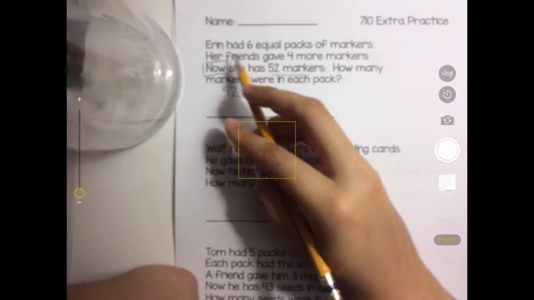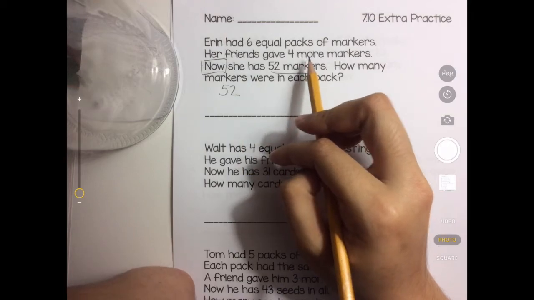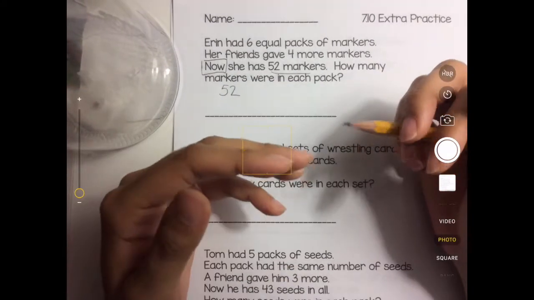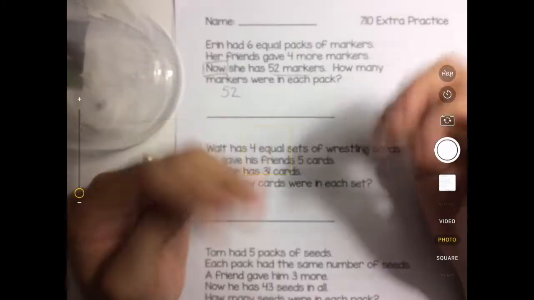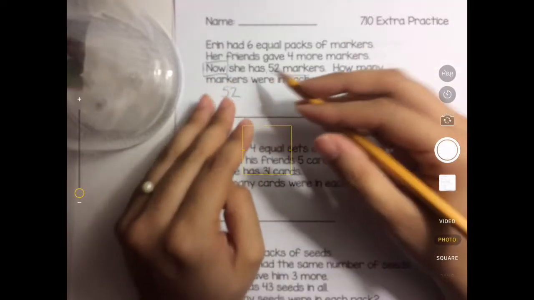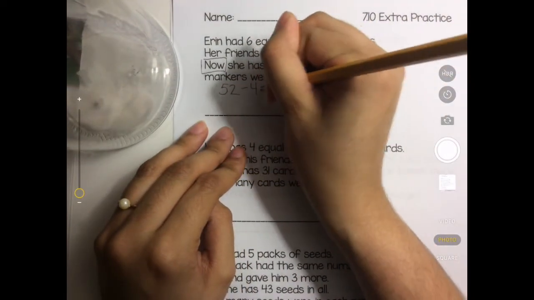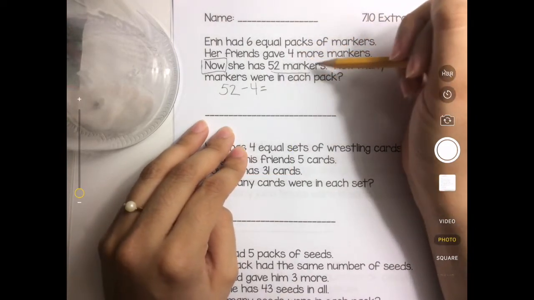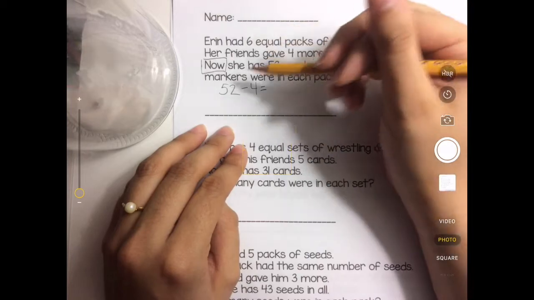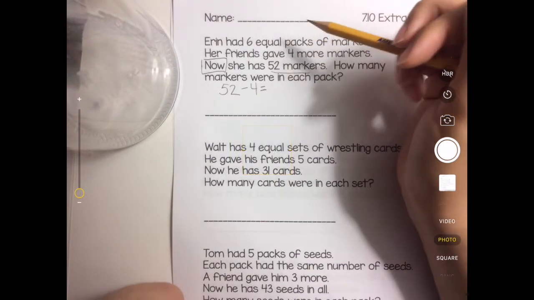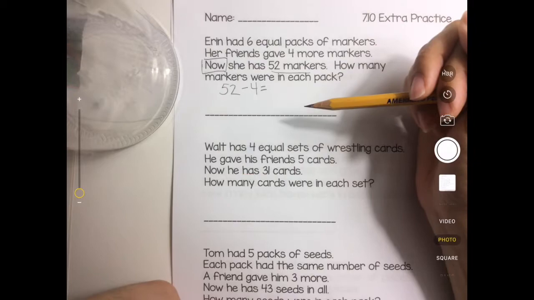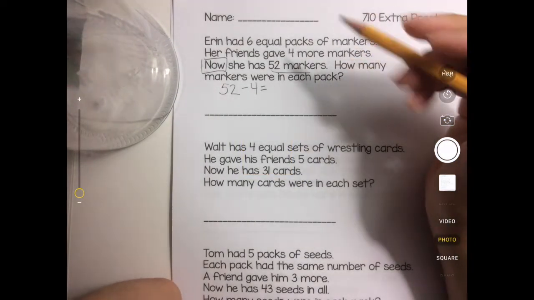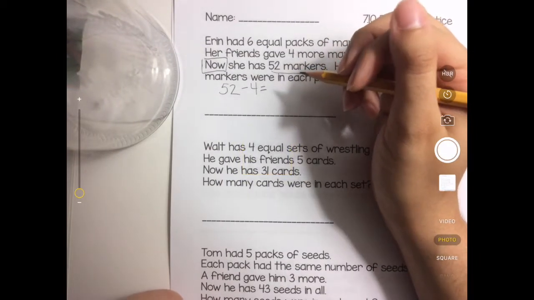Now her friends gave her 4 more markers. So if 4 markers were given to her, that means that she got 4 more. 4 more were added. So since we're working backwards, we have to subtract 4. Okay? So like I told you guys before, read the question carefully. Since we're working backwards, that means we have to do the opposite of what was already given. So if her friends gave her 4 more, she got 4 more markers. We have to take those 4 away because we're trying to find out how many markers were in each pack. So 52 minus 4 is